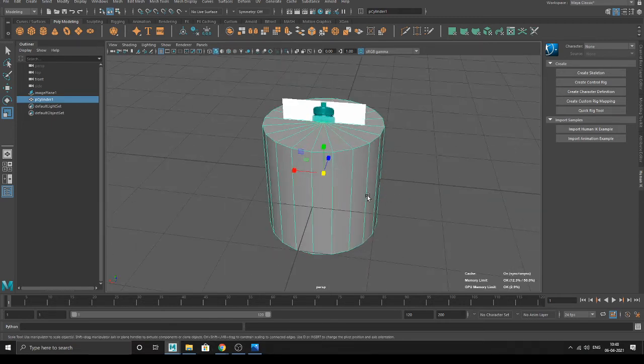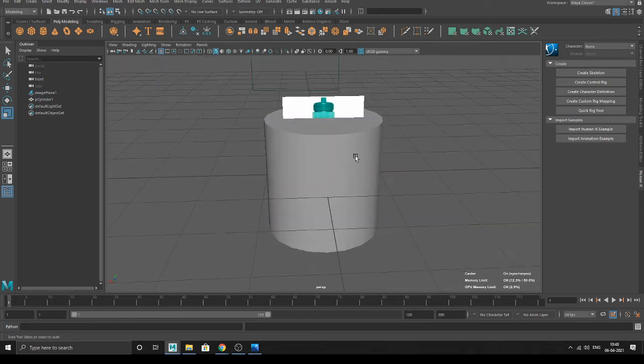I'll tell you, this is the default number. Whenever you take a cylinder, this is the default number. It is 20. It will be 20 lines. And how do you know that? First select this object, stay in object mode, and press Control A. What is Control A? I told you.